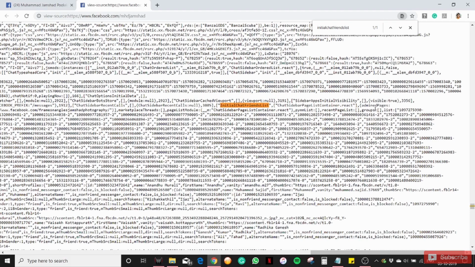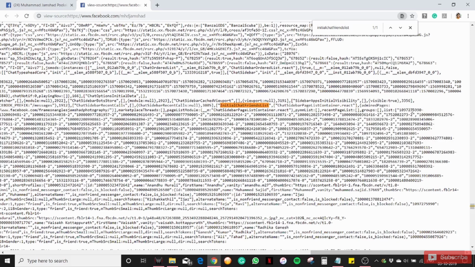You can see there are many numbers listed here. There is a list mentioned here, and after that you can see many numbers. So these are all the profile IDs of your friends who are visiting your Facebook profile. Let's take the first 15 digits of these numbers one by one and check who is visiting my Facebook profile. So I'm taking the first 15 digits of this number,